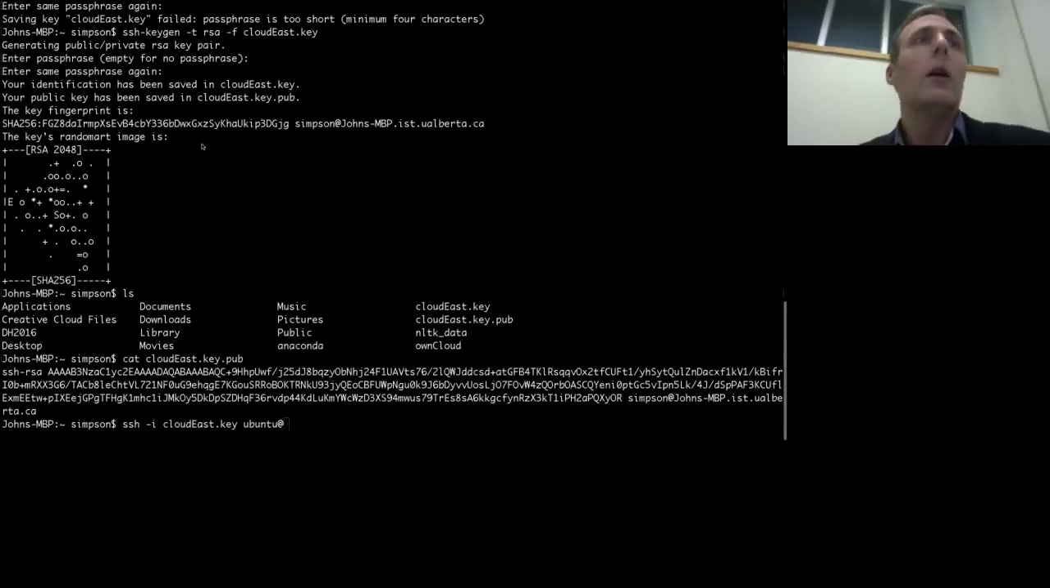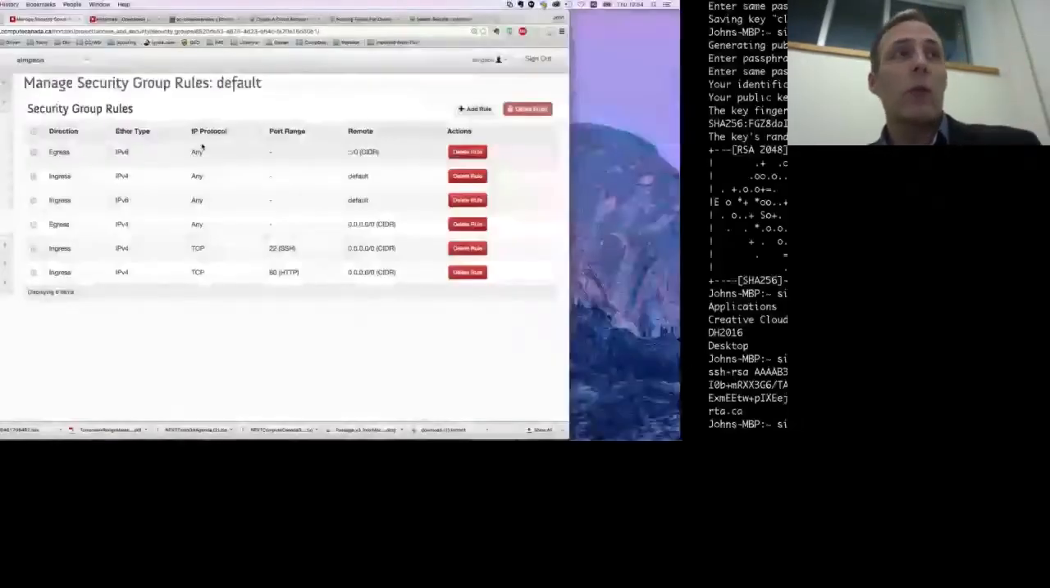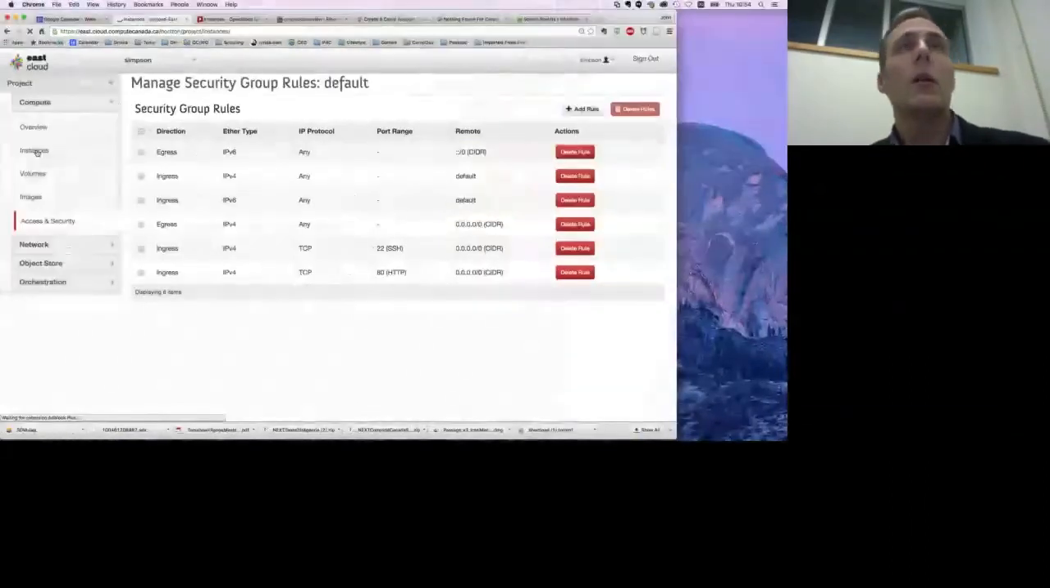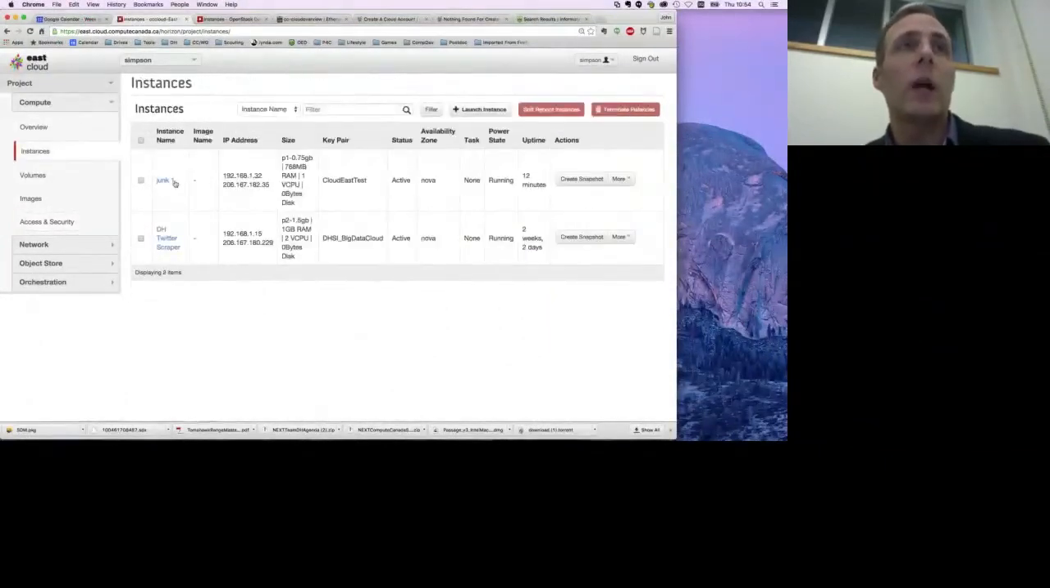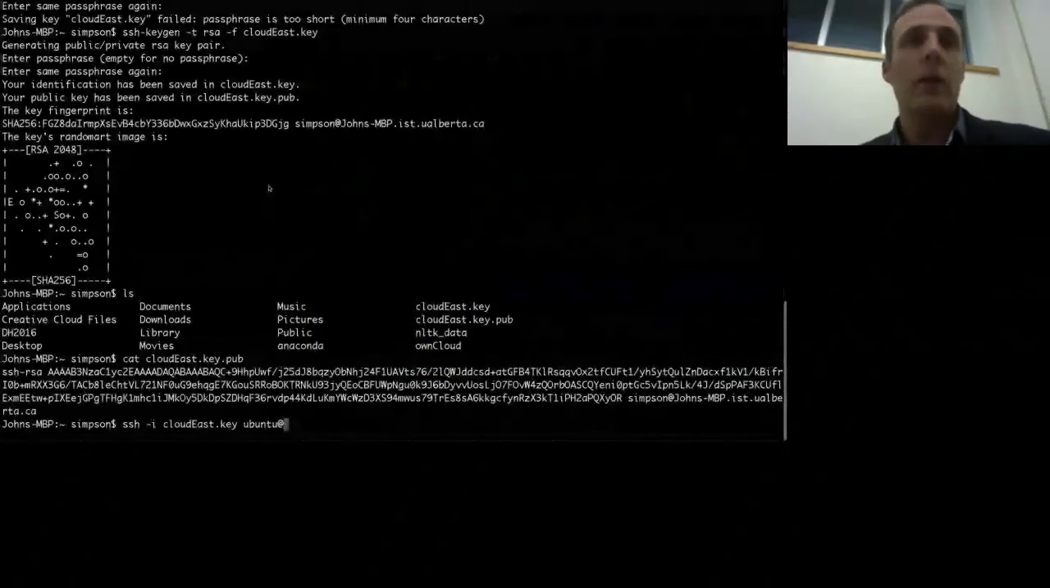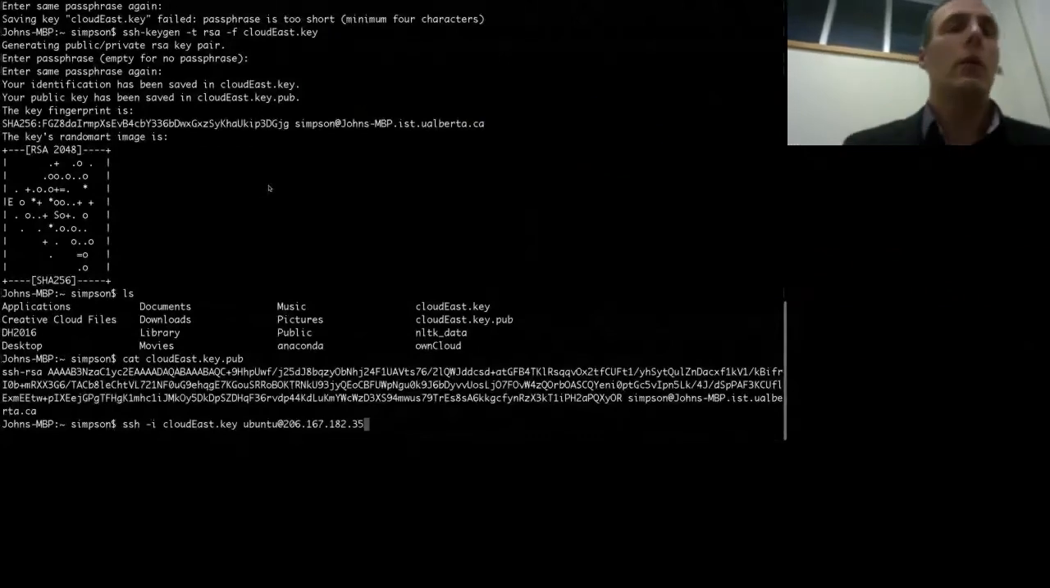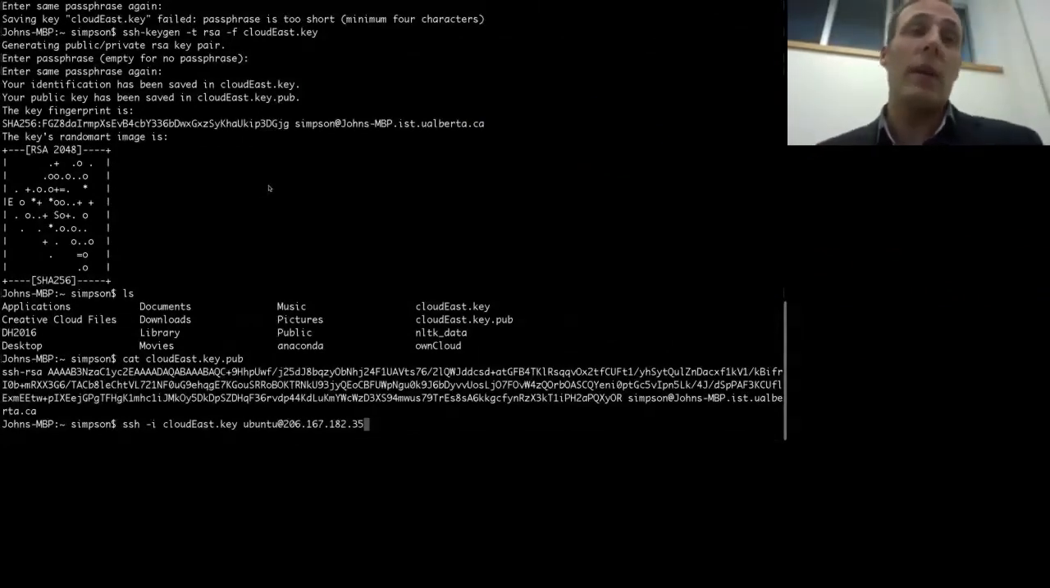So I'm going to go back to my browser, back to instances. And underneath here, in my junk test, I have an IP address. I could memorize it, I'm just going to copy it. I'm going to highlight it and use one of my copy tools to paste it at the bottom here. So the command is ssh -i, the name of your key, and then your username